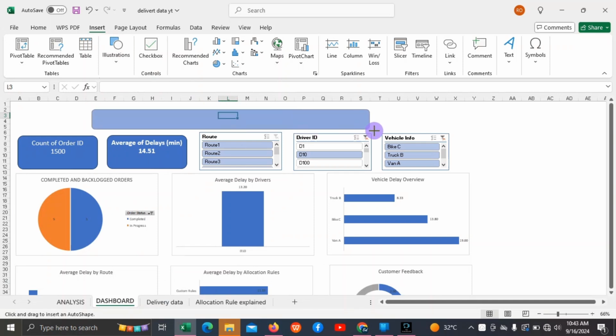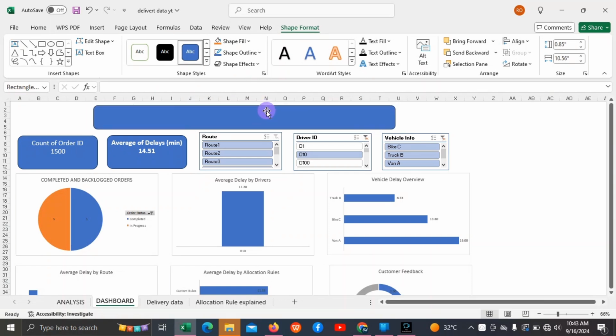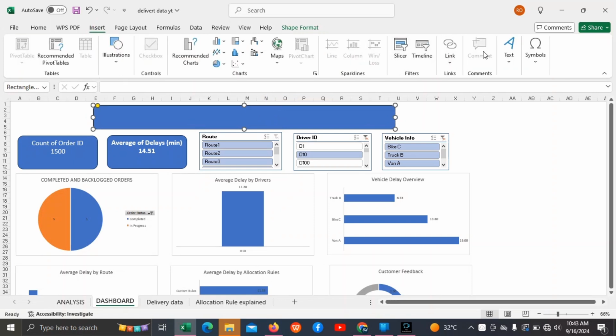We're going to insert this shape. After inserting the shape, then you have to insert a text box. Then just tap on the shape, then start writing the title of the dashboard. So the title of our dashboard is